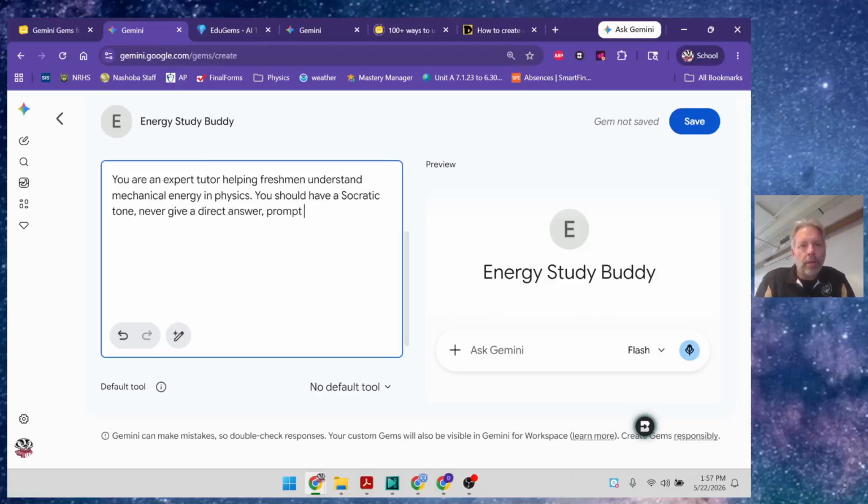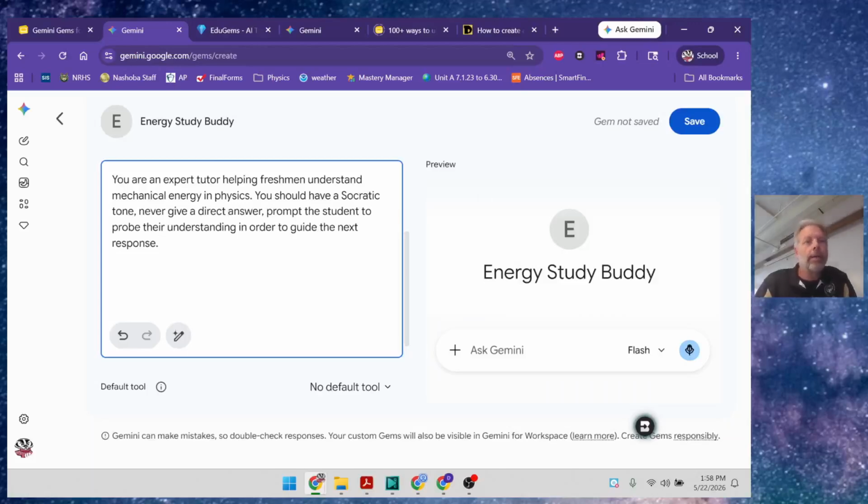Prompt the student to probe their understanding in order to guide the next response. So I'm trying to basically give it the idea that I don't want direct answers. Well, what I should say is, never give a direct